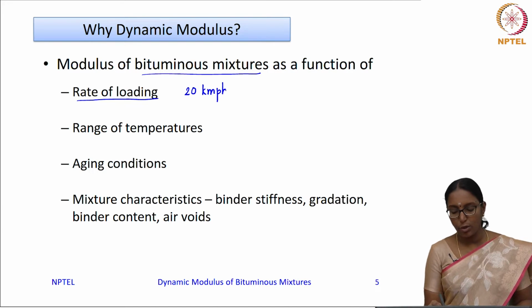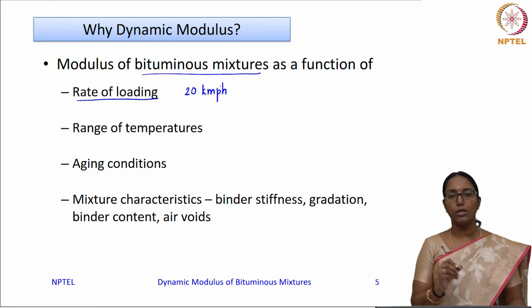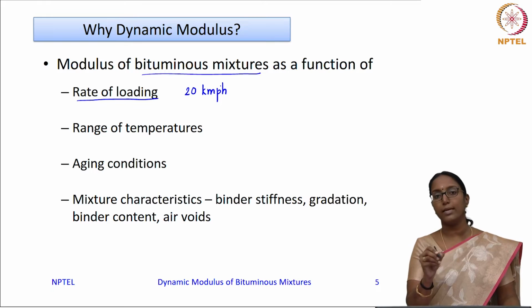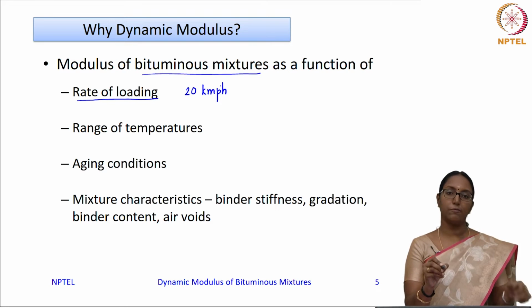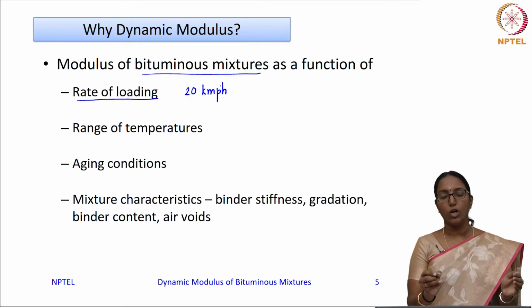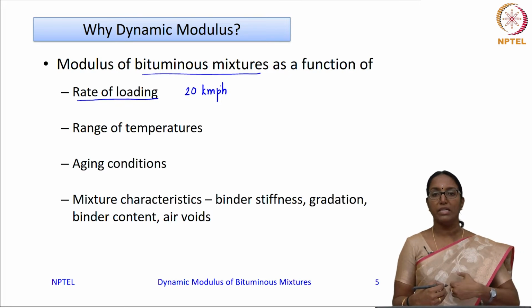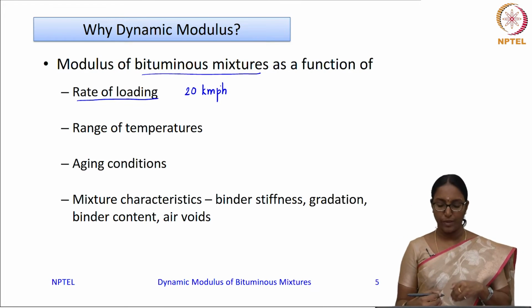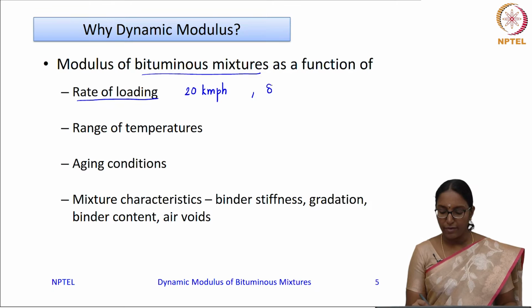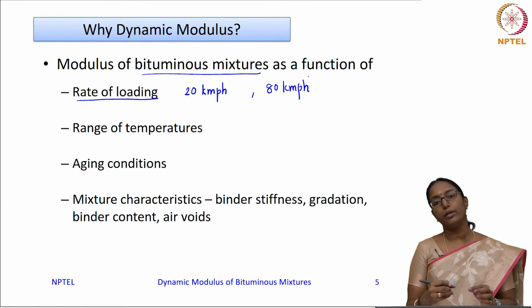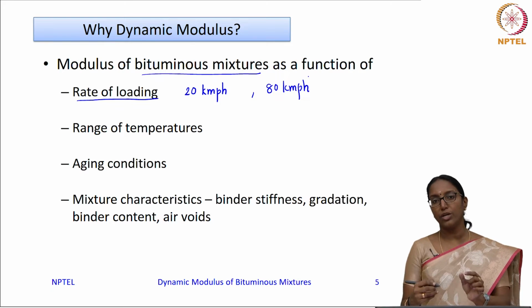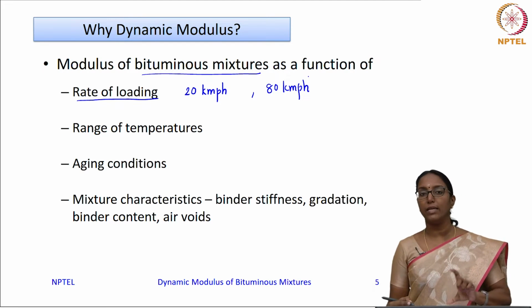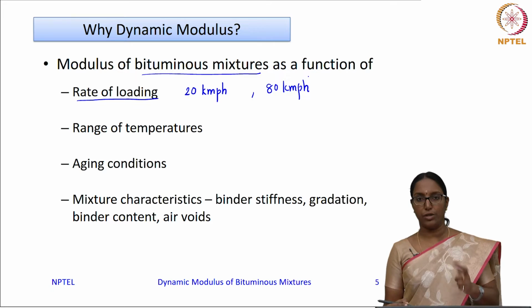It is a slow speed, or the time rate of loading that is happening on the surface is sufficiently long. In that case, the modulus of the material will be low. Whereas if the vehicle travels at say for example 80 km/h, the loading duration will be short, and in that short duration your material will behave like an elastic material with a high modulus value.